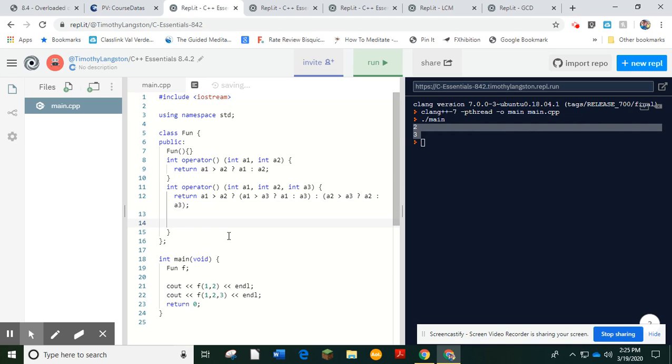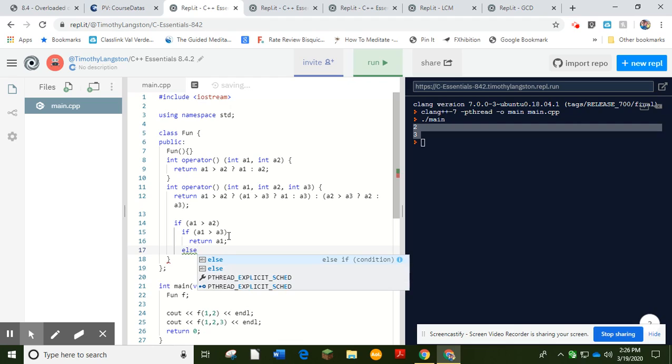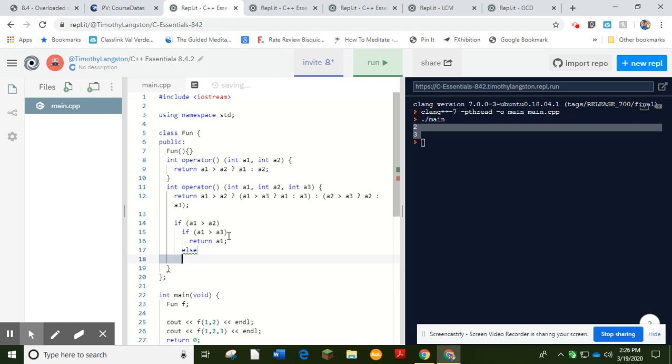If you want, I can rewrite this. So I can say if A1 is greater than A2, and A1 is greater than A3, return A1. Return A2. Okay, and else